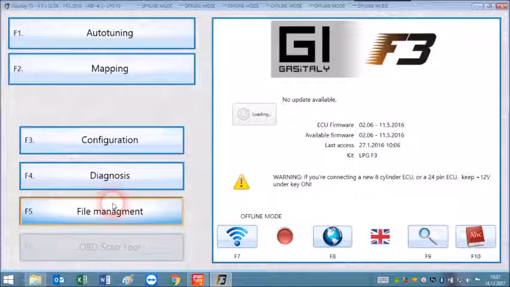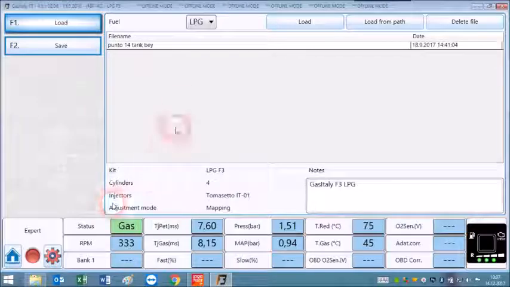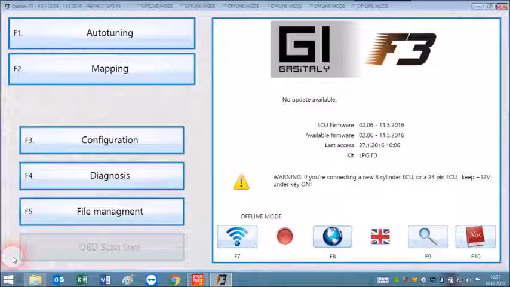There is file management function. You can save the file to your computer, and then you can upload the file that you saved before from the ECU. We finished pro functions of